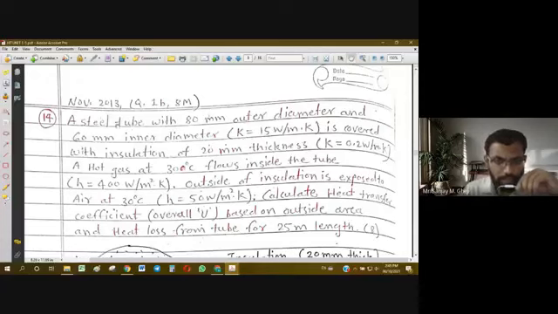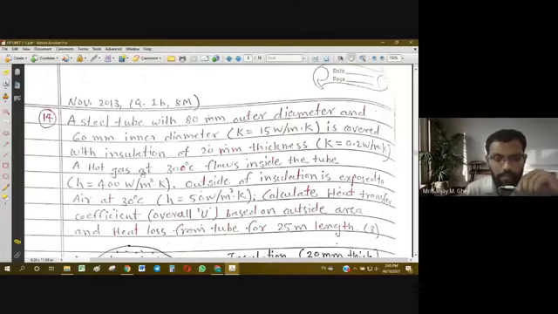Then the conductivity K for the steel material of the tube is given as 15 watt per meter Kelvin, and it is said that it is covered with insulation of 20 thickness. So there is a steel tube, and on its outer surface it is covered with insulation of 20 mm thickness. Its radial thickness is given, and the conductivity value of insulation is also given, 0.2 watt per meter Kelvin. And through this hollow steel tube, from the inside, a hot gas is flowing.